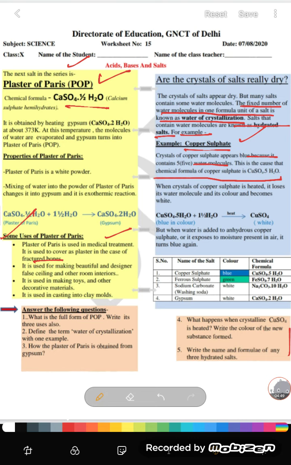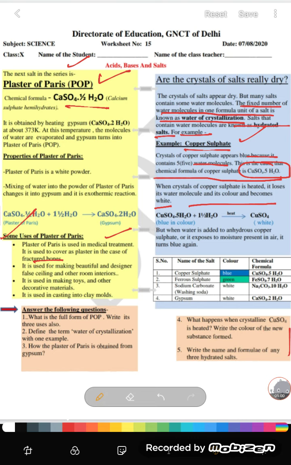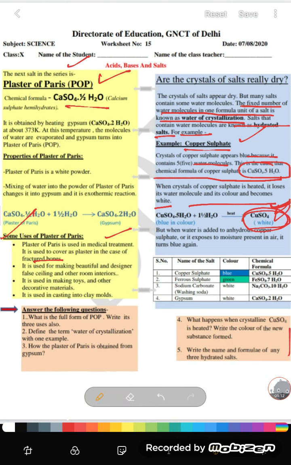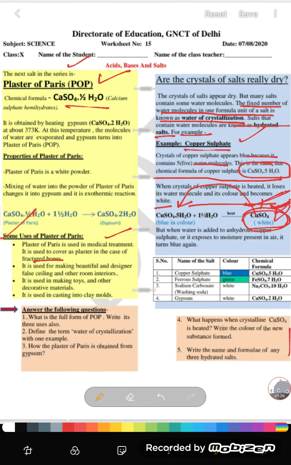When crystals of copper sulfate are heated, they lose their water molecules and the color becomes white. When you heat this copper sulfate, it loses its water because of heating, and it is converted into a white powder, that is, its color has changed to white. But when water is added to the anhydrous copper sulfate, and water is again added to it, it is again converted into blue color. Okay, students,